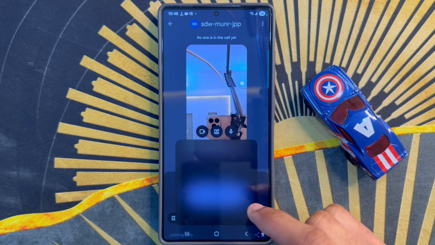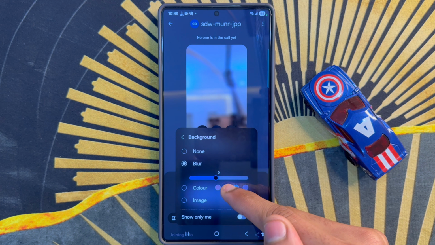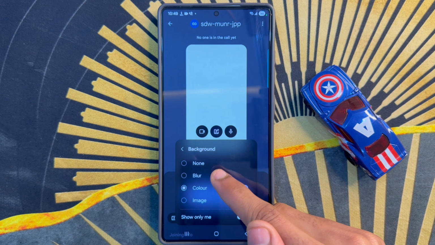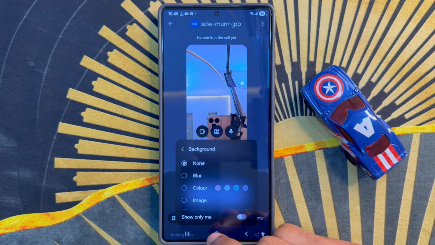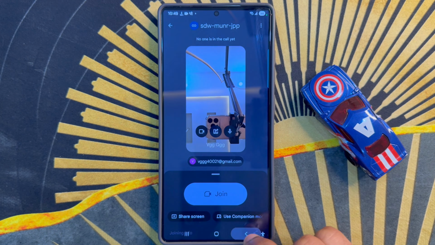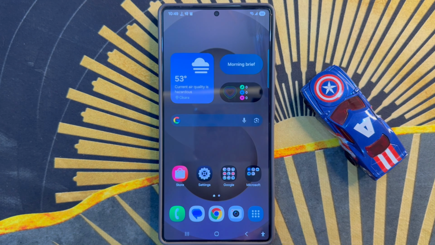So you will select background, blur, color and image from here. After setting, go back to home screen. So that's how you can make a video call on